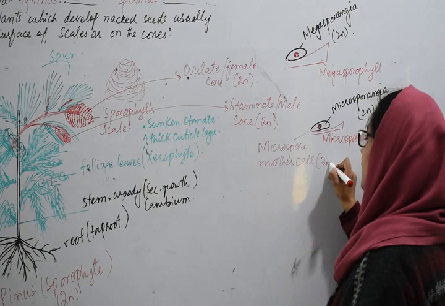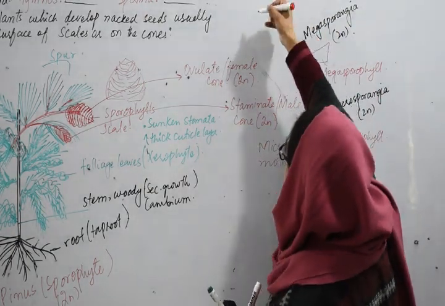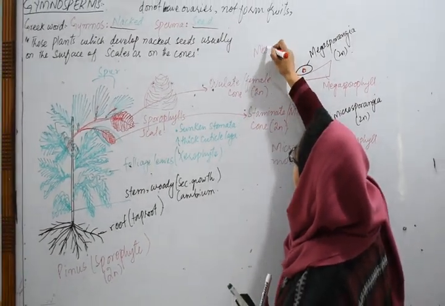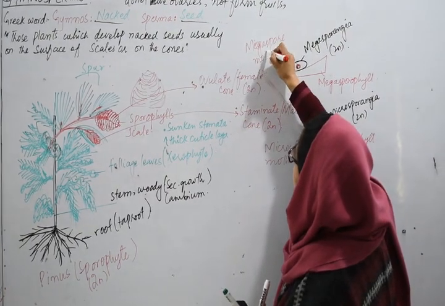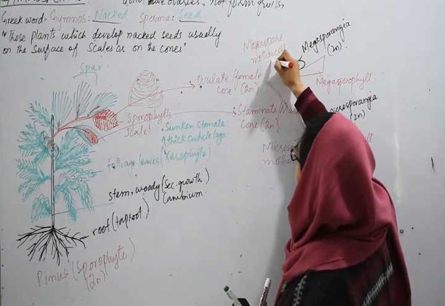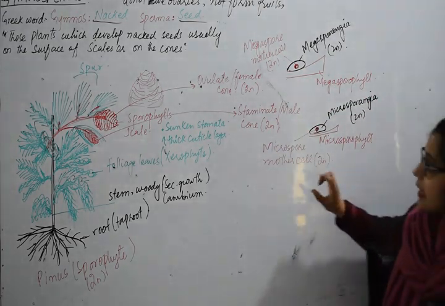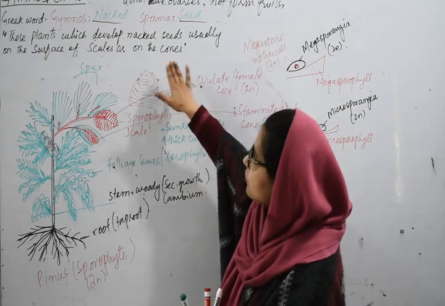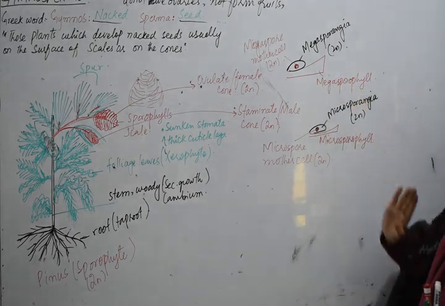It is also a diploid structure. And this contains a nucleus or a cell that is called the megaspore mother cell, and again it is a diploid structure. So I'm just taking one leaf or one sporophyll from here. All of these sporophylls, or the whole of this cone, contain these structures.